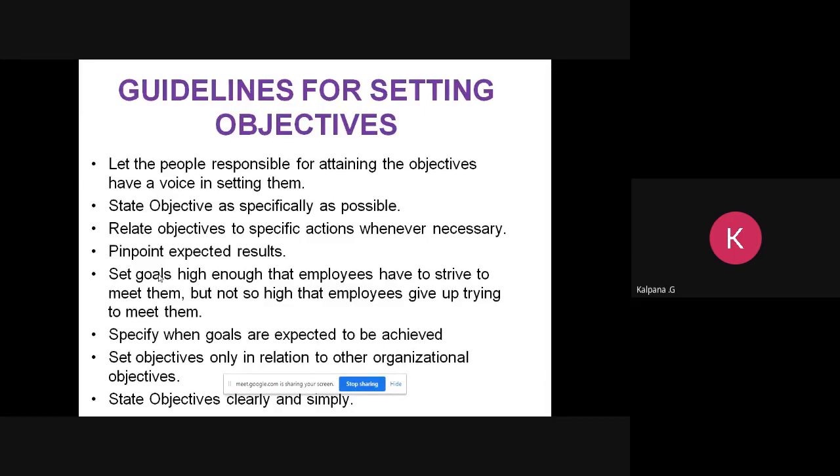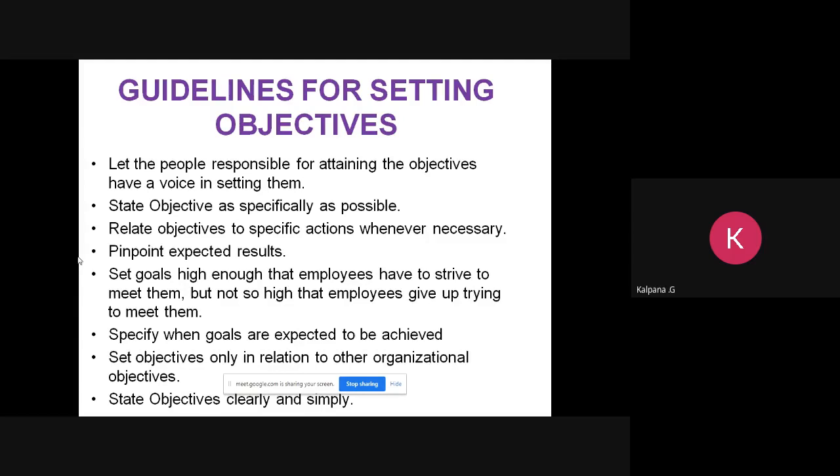It should be specific. Then objectives must be set by considering the various factors affecting their achievement. So as I said, they should be rigorously trained and then they should be given the complicated task. Then objectives should be verifiable. This is what is given here. So when we frame the objective, we should make sure that it can be assessed. Objectives should be verifiable. After we achieve them, we are going to assess them.